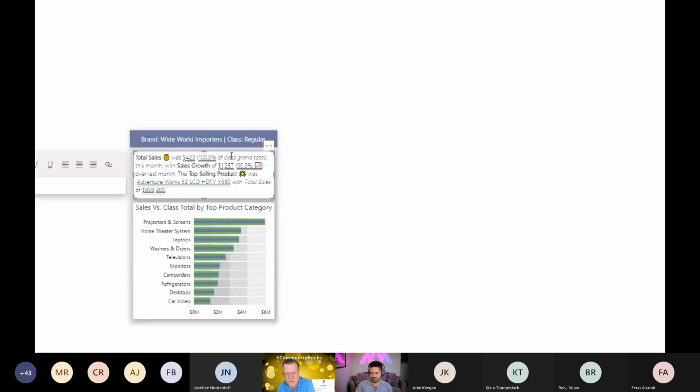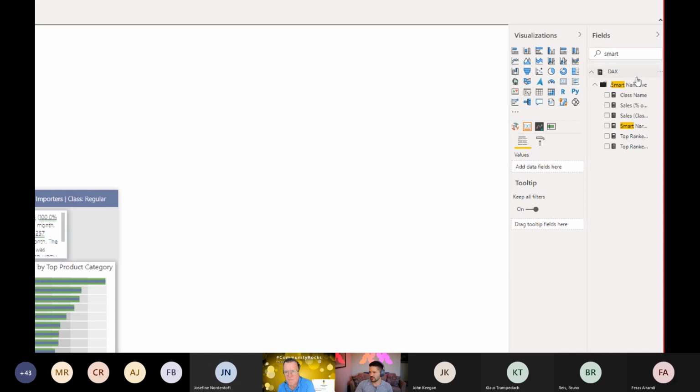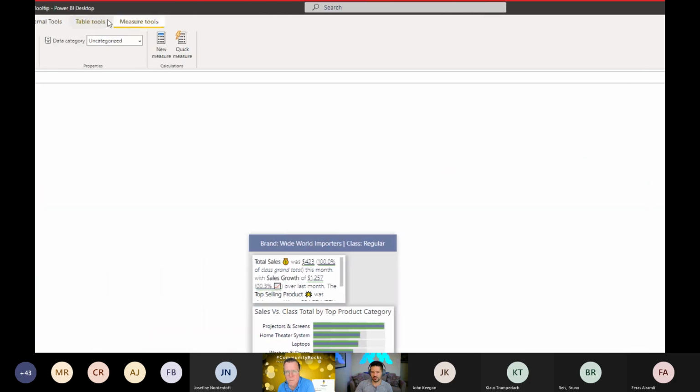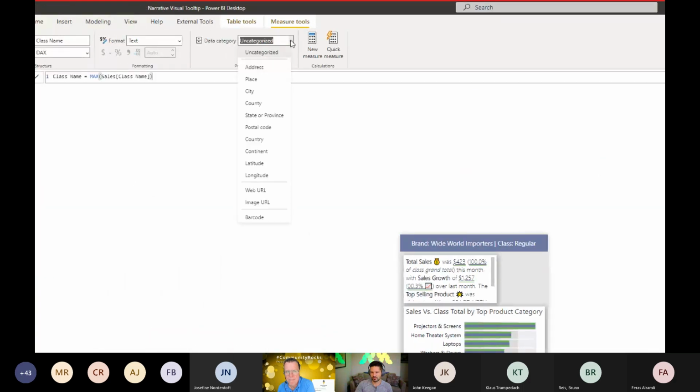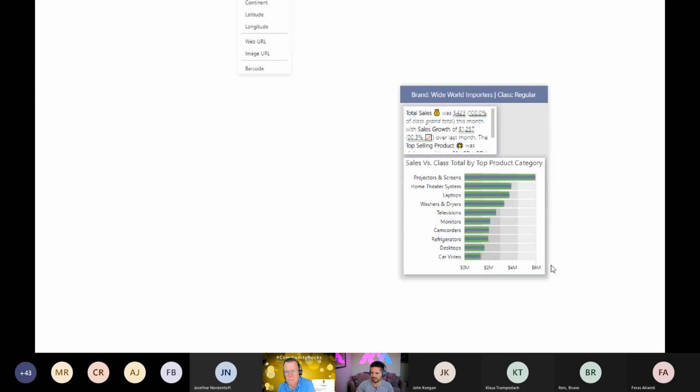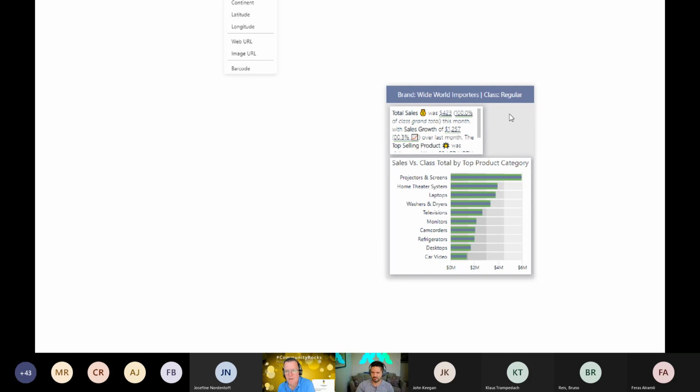Yeah, you would essentially do this. You just shrink that over, and you would put the HTML viewer right here. The setting that you're talking about in a measure right there, you have an option to do web or image URL. So with a custom visual to view HTML, and it renders the images, and the measure harvesting it, you could very much just have a little card in here, and then it would just render whatever single item you have as you continuously move around the visual. So very, very doable.